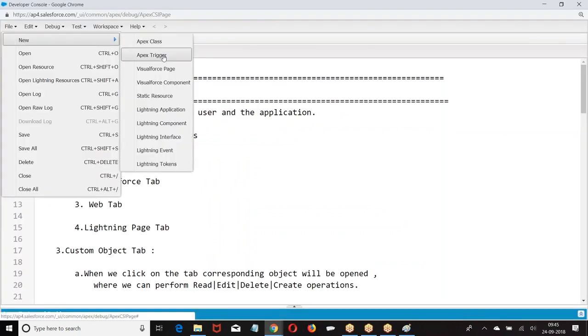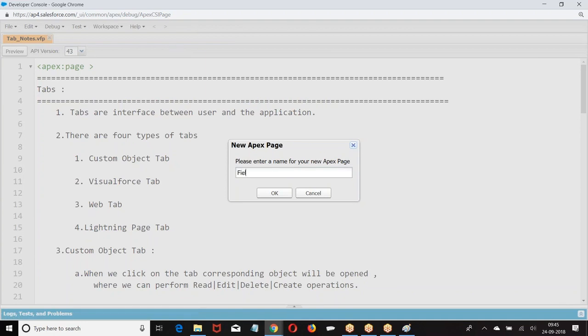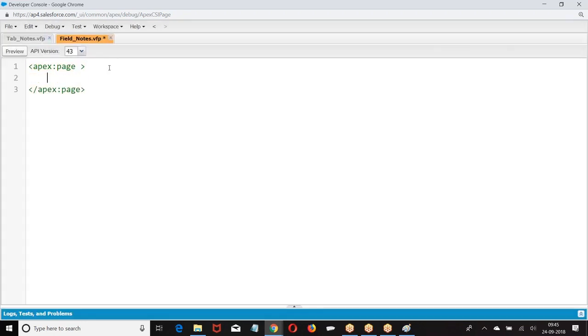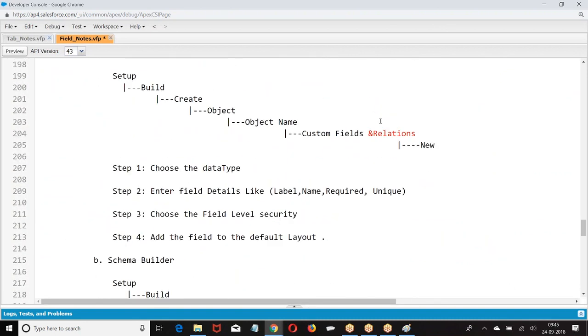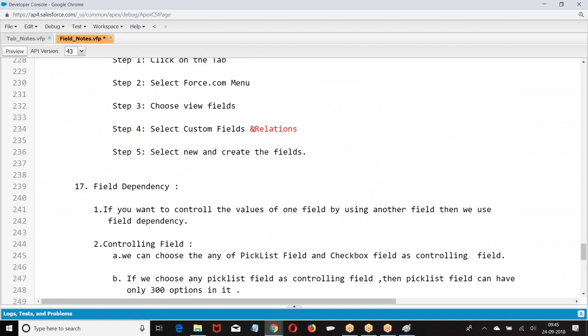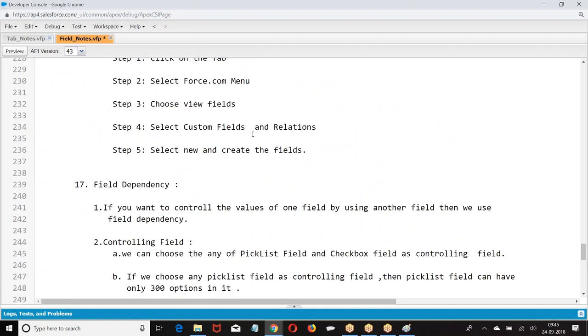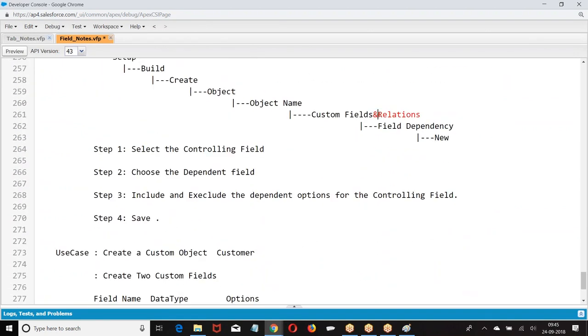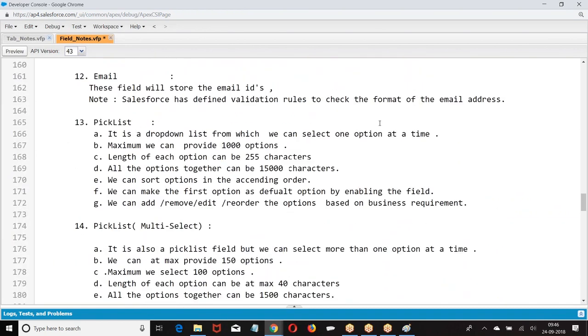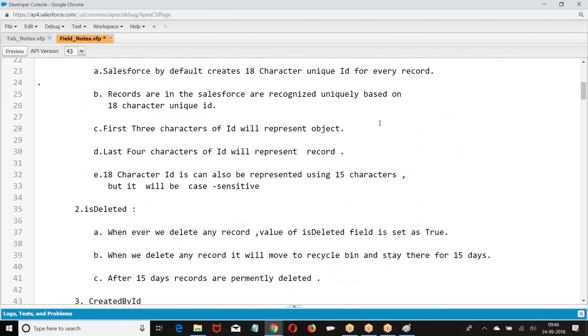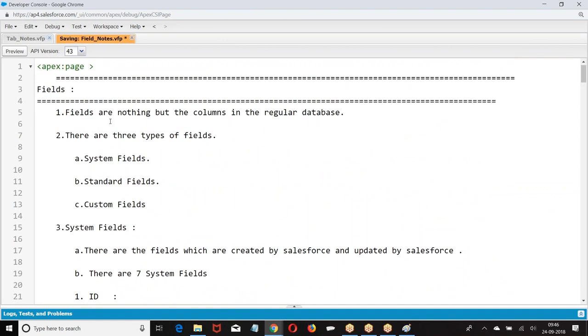Let me give you critical information. Let me modify this.